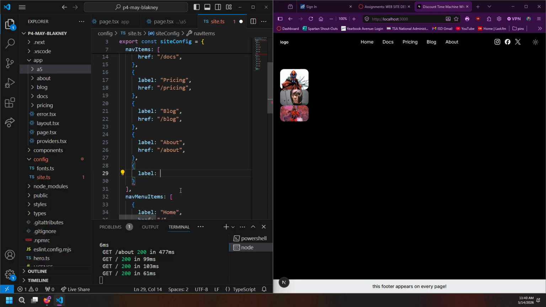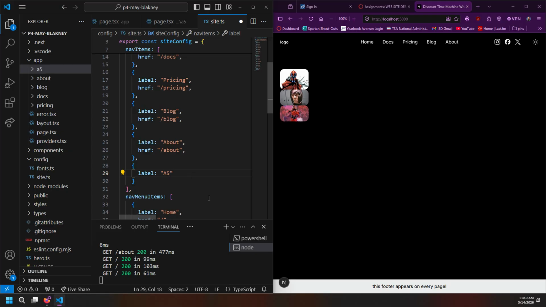colon, space, quotes, and then we're going to call this A5. You can do that. You can spell out defend the fictional villain if you like. You can just leave it at A5. You can shorten it to defend the fictional villain, right? You can do whatever you want to do on the label, so long as it has the part that says